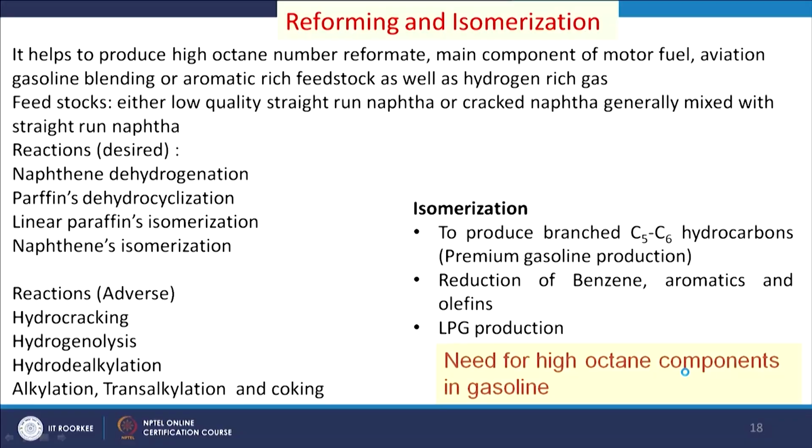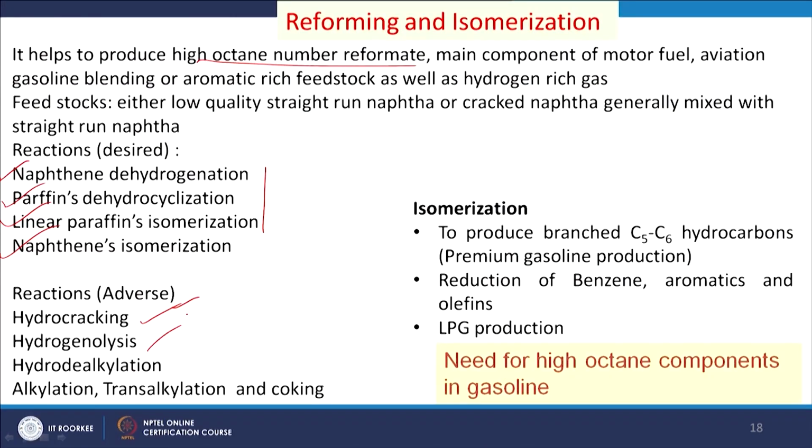Now, we will see the reforming and isomerization process. Reforming means reforming some products to other ones. So, basically in this case it helps to produce high octane number reformate. The different types of reactions which we get here are naphthalene dehydrogenation, paraffins dehydrocyclization, linear paraffins isomerization and naphthenes isomerizations. So, dehydrogenations and isomerizations are desired reactions,